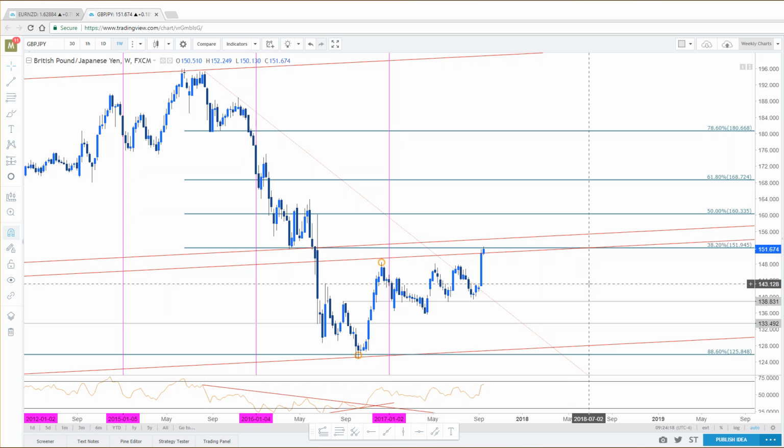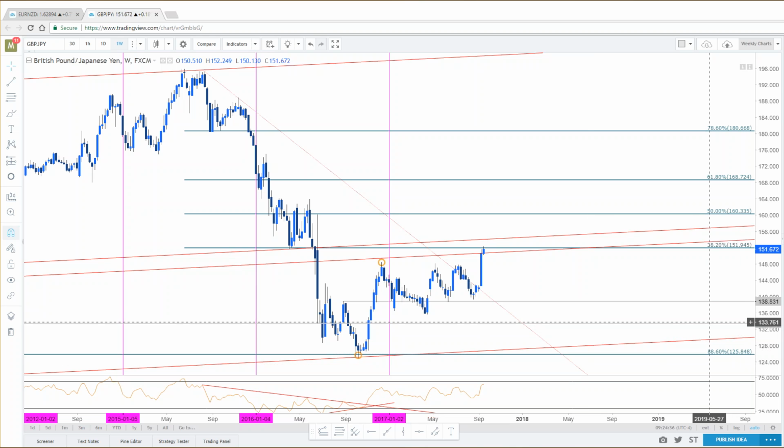151.95 to be exact. Obviously, we probed just through that this week, but near term, we're going to have to see how the market closes the week. If the market closes the week below this, yeah, I do think you maybe get a little bit of a kickback to open next week, but largely speaking, there is tons of room in this trade for the upside, in my humble opinion. You're just at near-term upslope resistance. So that's the weekly chart for consideration.